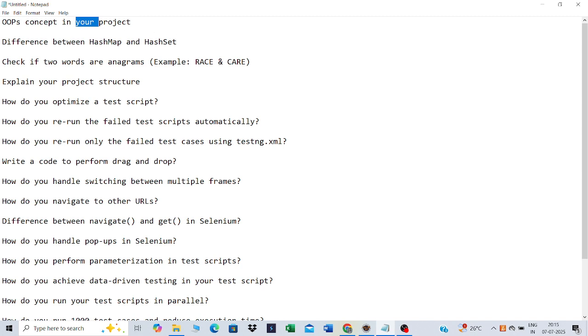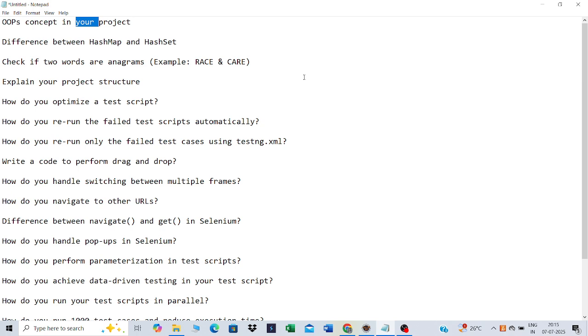After sorting, we can use an inbuilt method, Arrays.equals of the first array and second array. That will give me a boolean value, true or false. If it is true, then both are anagrams, so both have the same characters.